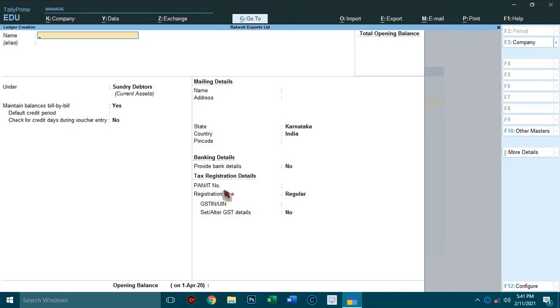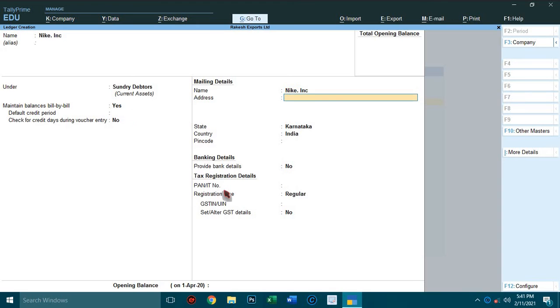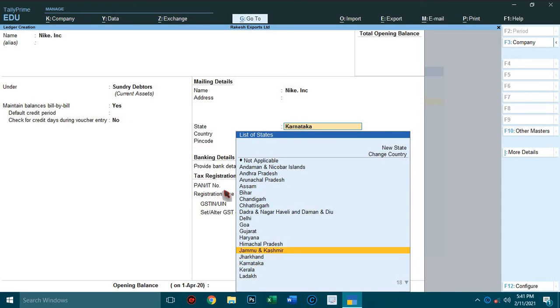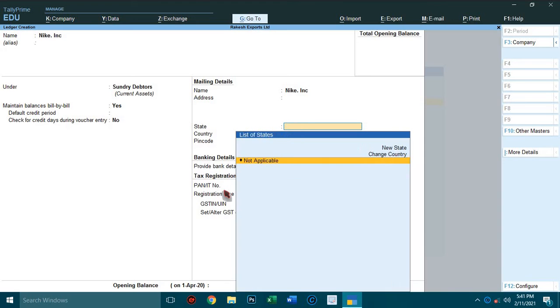Next one, Nike Incorporation, sundry debtors. Just assume it belongs to Hong Kong or Singapore. Select Singapore. Accept.